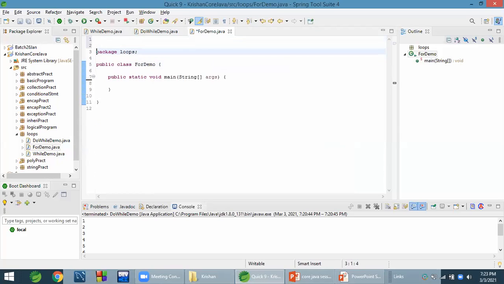Write a program to print numbers from 1 to 10 using for loop. Same program we will take, but using the for loop.